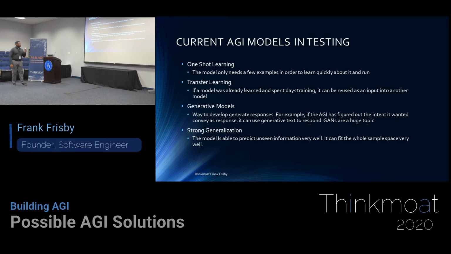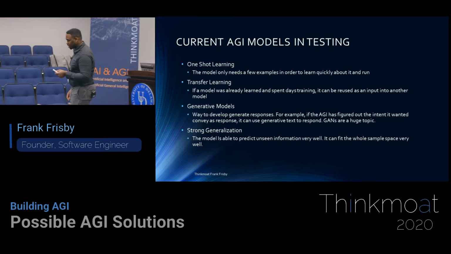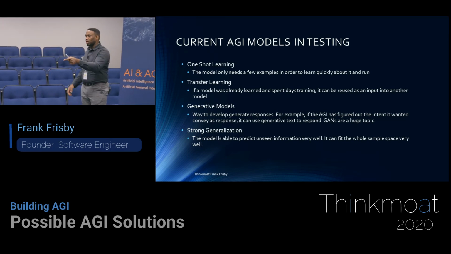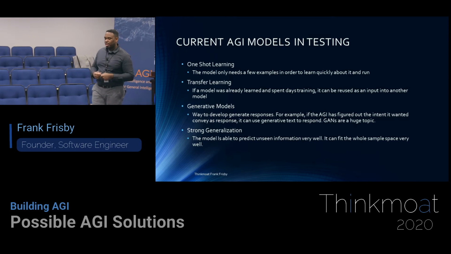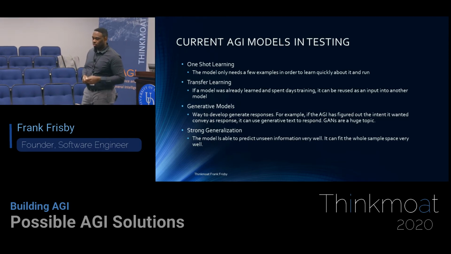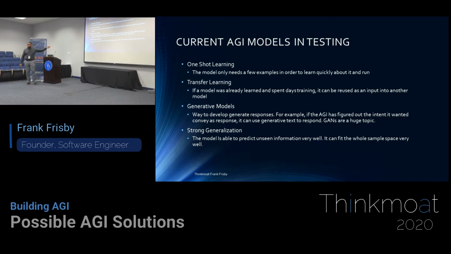Generative models. So generating responses, generating theories, generating ideas. This is typically very, very intensive. And even if you try to do it now, think of a picture of a fish that has, I don't know, hands and feet. You can do that, right? That's something we can do as humans. But it needs to be able to do this as well. The AGI needs to be able to generate things given different scenarios. And again, I said earlier, GANs, generative adversarial networks, are good for this because they can generate things and build those as well.